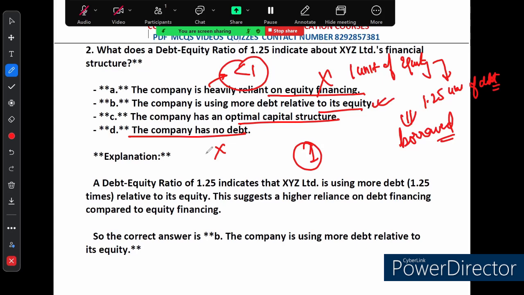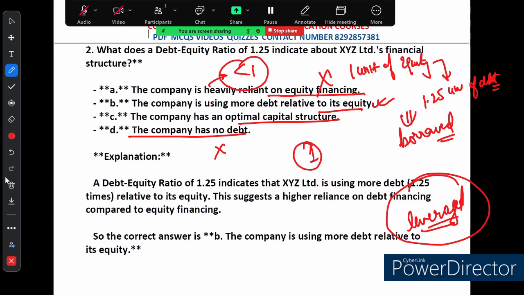So we can see that this ratio 1.25 suggests that the company is somewhat leveraged, meaning it has taken on significant debt relative to its equity. A stakeholder needs to monitor this to ensure that the company does not overextend itself and end up in financial trouble, right? So you can see understanding the DER helps us in assessing a company's financial structure and potential risk. A ratio above 1 indicates a high reliance on debt, which could either be a strategic move or a potential risk depending on the situation.